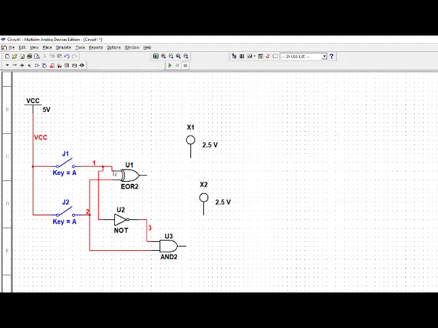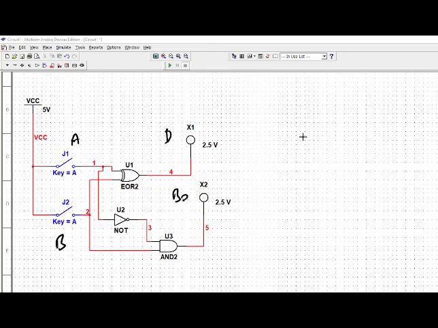So this is A bar, and this is the output. If I mark it, this is our A input, this is our B, this is difference, and this is borrow.